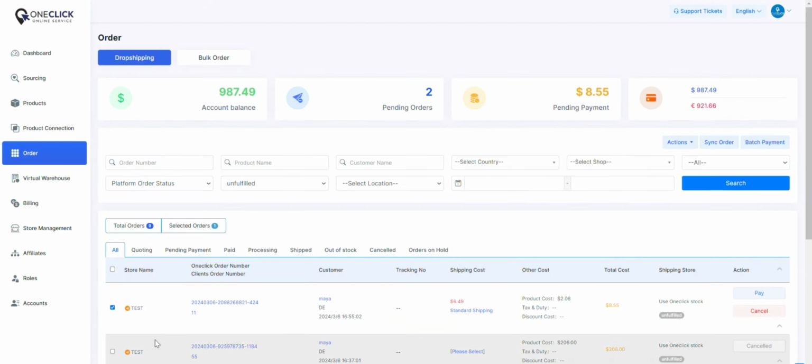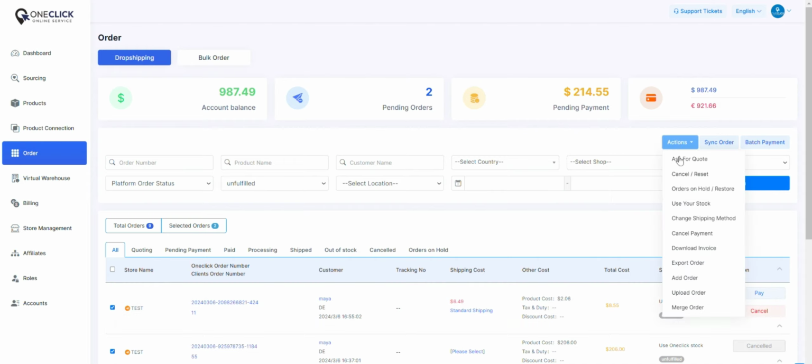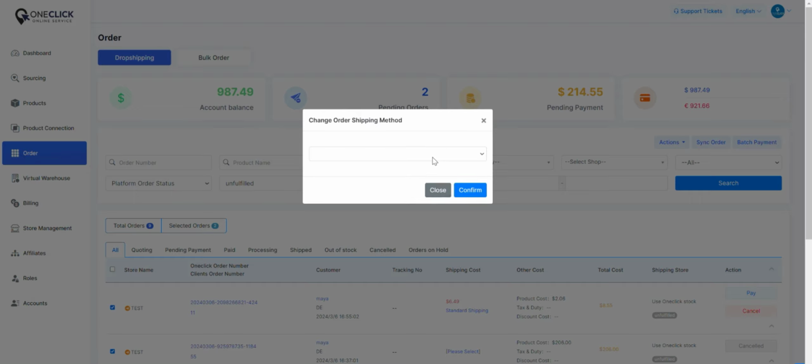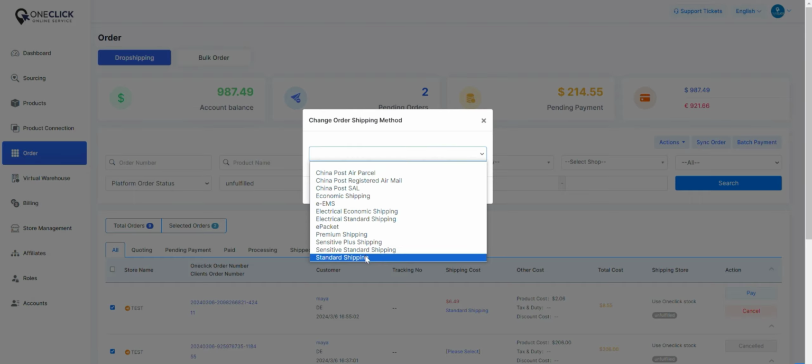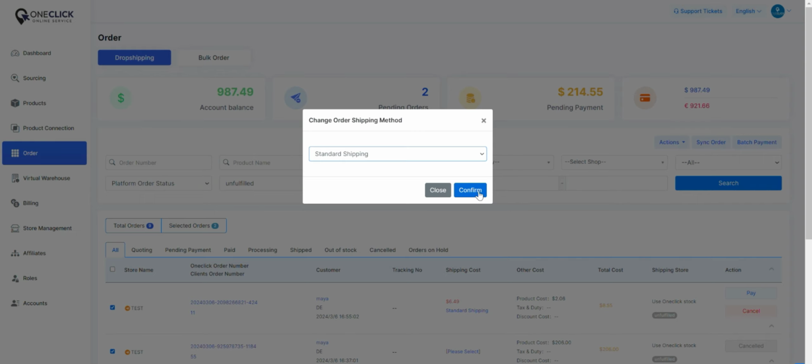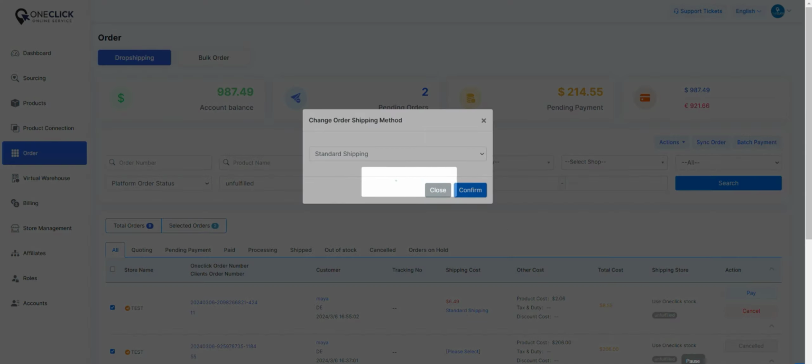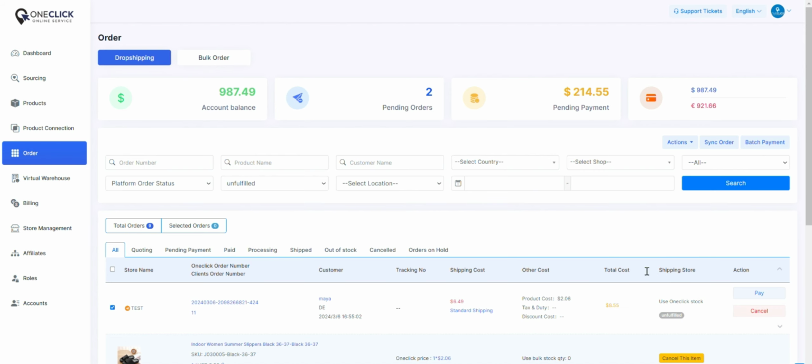For the products that you want to add shipping method or change the shipping and there are more than one order, choose the orders that have the same products and the same country destination. Then click on the Action button and click on Change Shipping Method. Select one of the suggested options and click on the Confirm button, so the shipping cost is considered for your